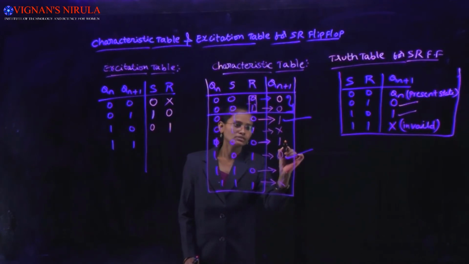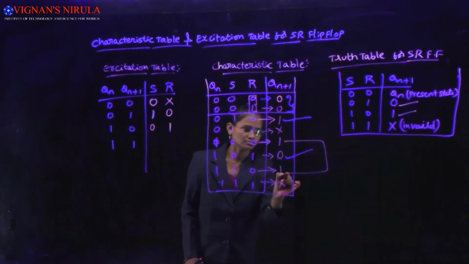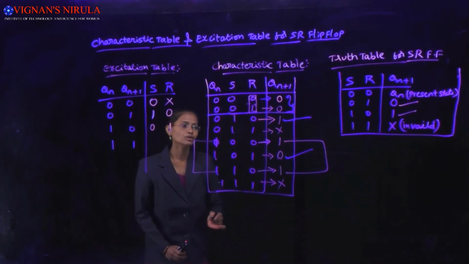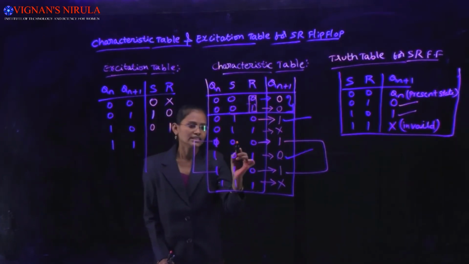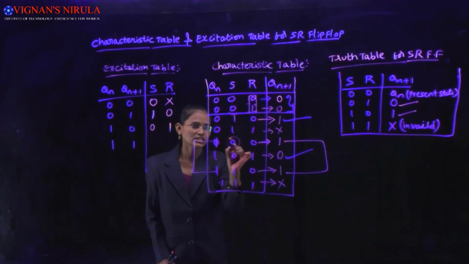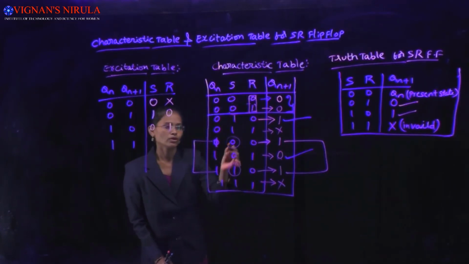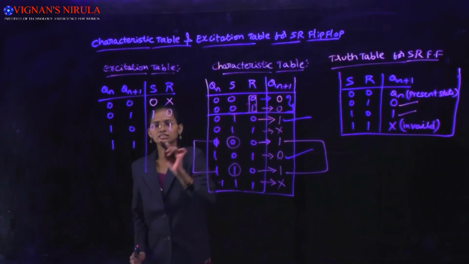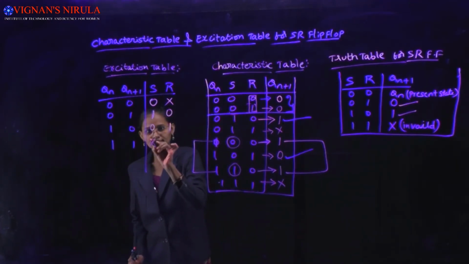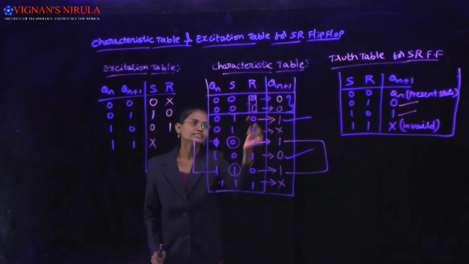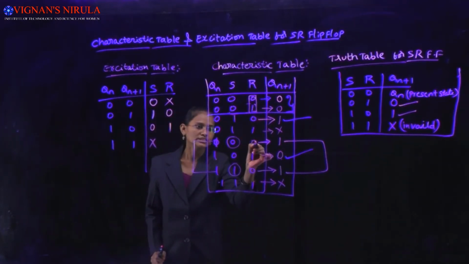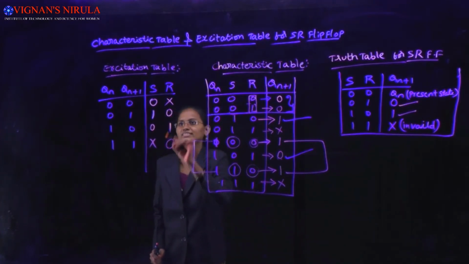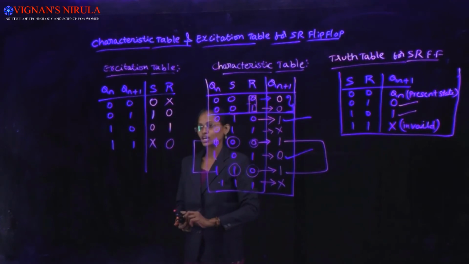Okay, observe these two. Qn is 1 and Qn plus 1 is also 1. In that case, S changes: this is 0 and this is 1. So the state is essentially don't care. And next reset is this is 0 and this one is also 0. Okay, this is the excitation table for the SR flip-flop.